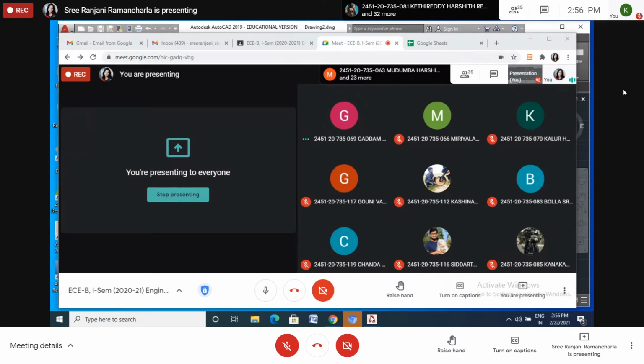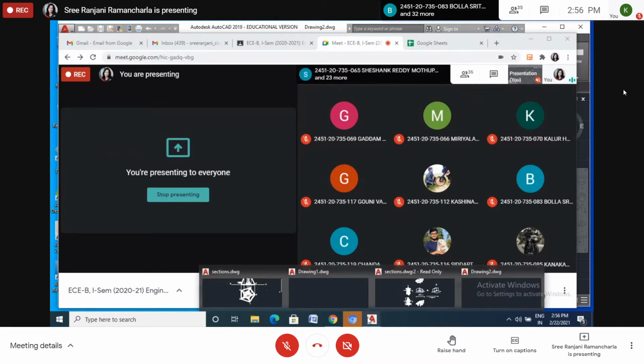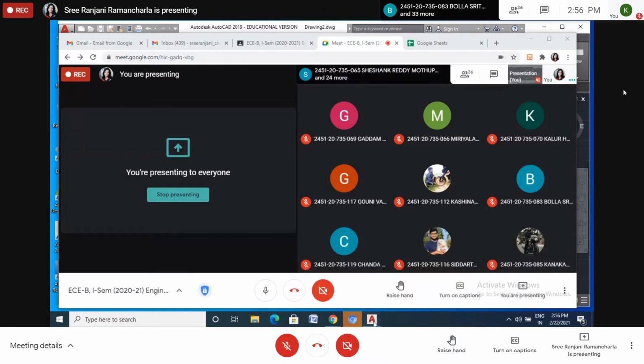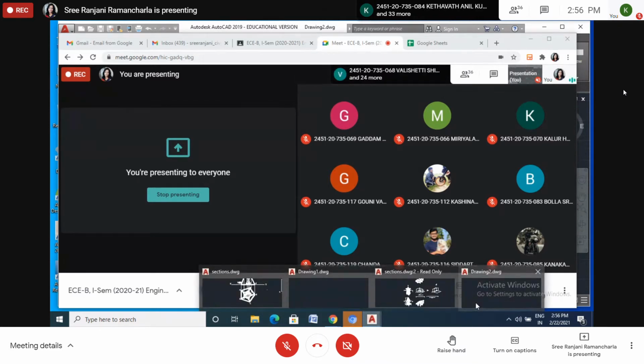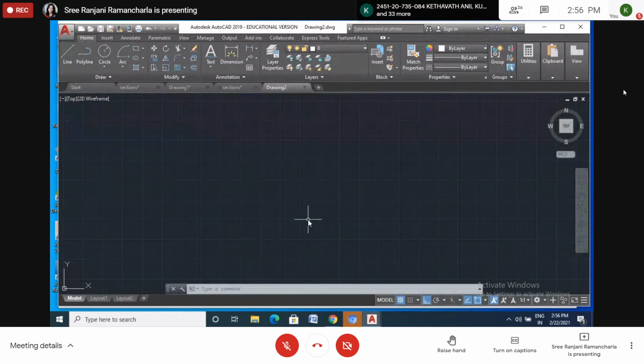Just wait. A pentagonal pyramid, base 30 mm and axis 65 mm long, has its base horizontal. Means what? What type of base is it? It is a pentagonal base, right? Pentagonal means it is lying on the horizontal plane. Okay, you have to try to understand. Has its base horizontal, base of that pyramid horizontal, it means lying on the horizontal plane.